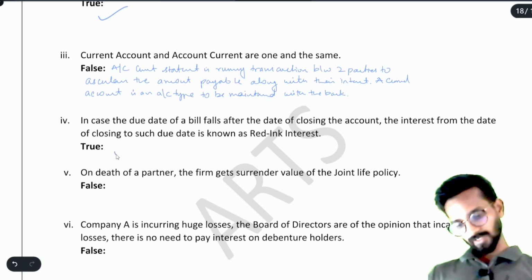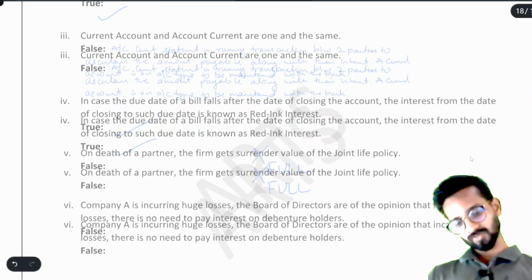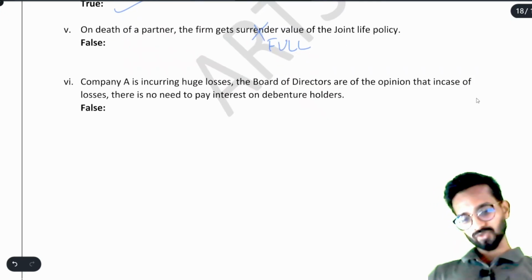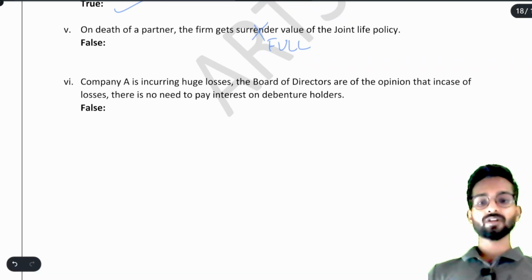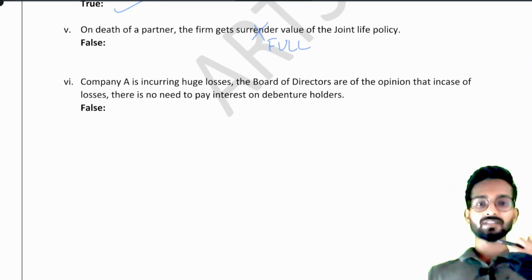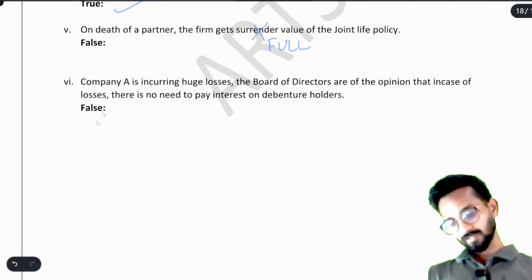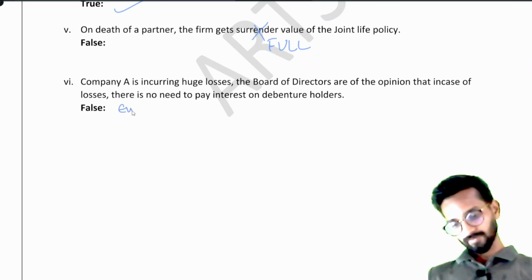In case of due date, how many times will they say this? On death of a partner, the firm gets not the surrender value, full value of the joint policy. We have already seen this also. Company A is incurring huge losses, okay. The board of directors are of the opinion that in case of losses, there is no need to pay interest on debenture holders. See, I tell you one thing. Debenture holders are almost the people of bank only. Like, you have to pay interest whatever is happening in your family, okay. So you will write here, it is false